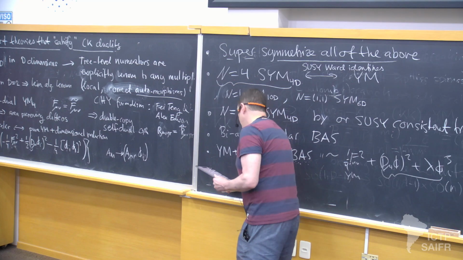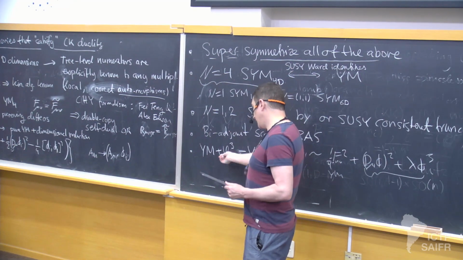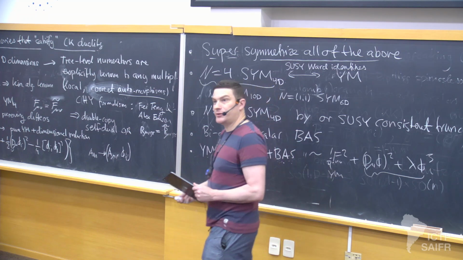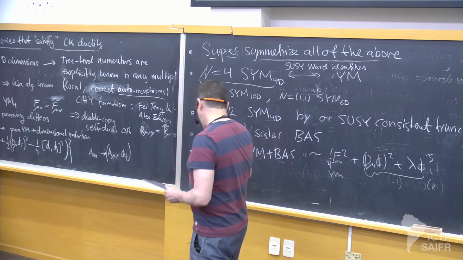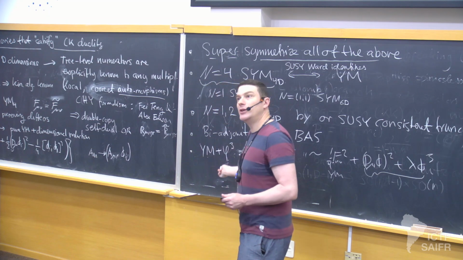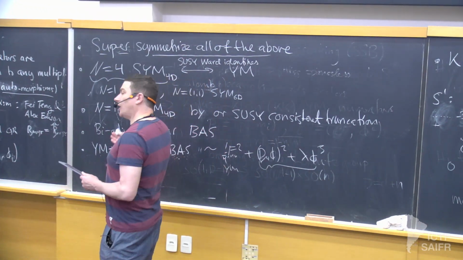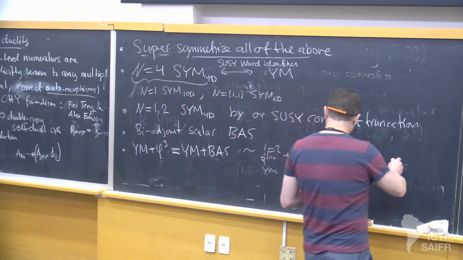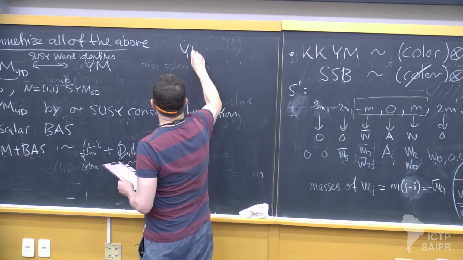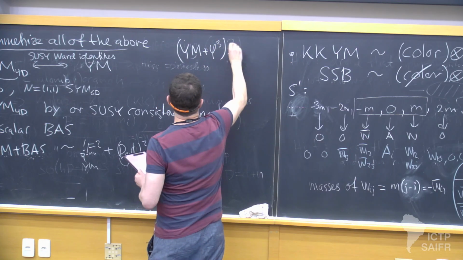You might think that this theory looks a bit artificial because we have Yang-Mills in nature, but we don't have bi-adjoint scalars in nature. But it turns out that this theory is very important for the double copy, because in the double copy you will actually get something that does exist in nature, which is essentially how to couple. Maybe I should explain it already now. So if you double copy Yang-Mills plus phi cubed with Yang-Mills,